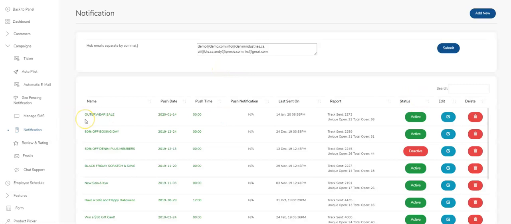If you have notifications that were there before, you'll see the history of your notifications. If you've likely got nothing on your screen, it'll be blank. All this will be empty. You would hit the add new button to get the push notification started, but before we go there, we've got